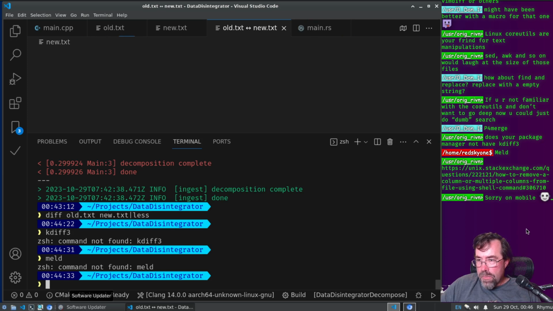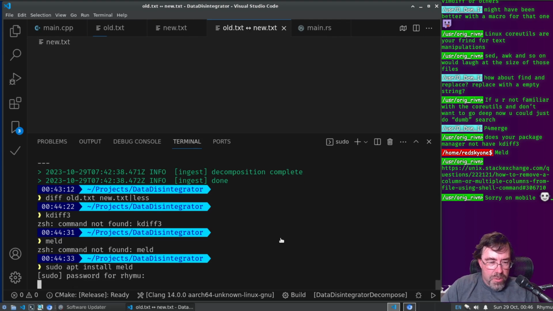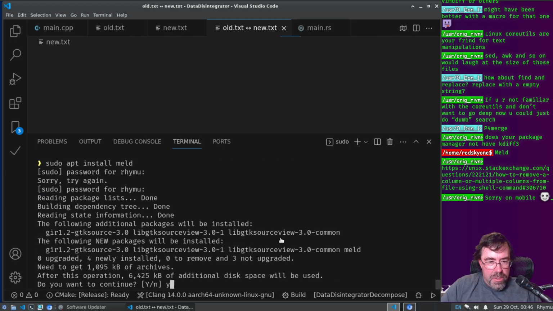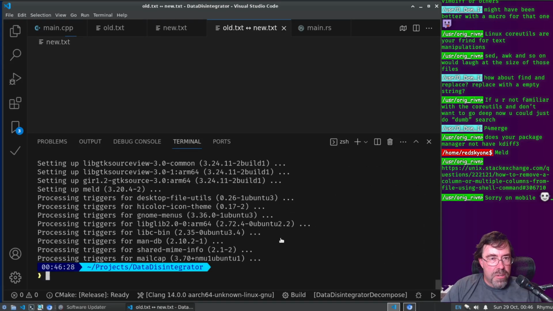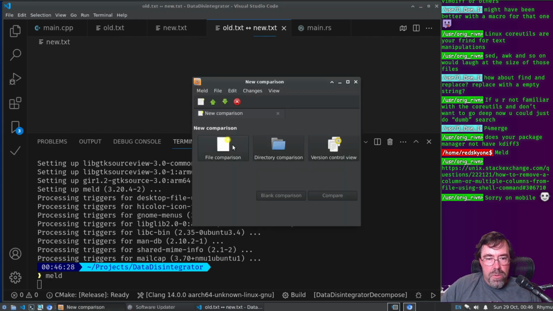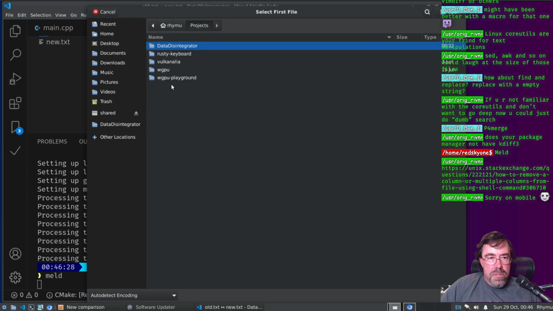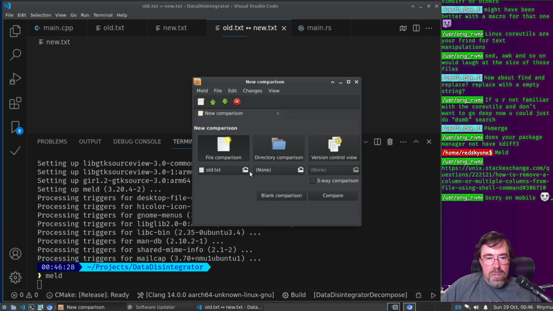It's just on Ubuntu, sudo apt-get install meld. Okay, we're doing it. Sudo apt install meld. That's the sudo password. Oh, maybe I didn't type it right the first time. Yes. So what will happen first? Will we get meld installed or will we get the old diff to work? Okay, we have meld. We want a file comparison. I want to compare projects, DataDisintegrator, old.txt with,